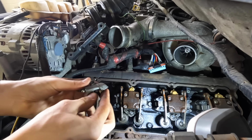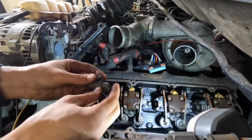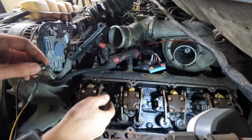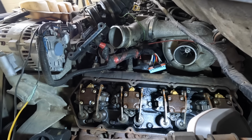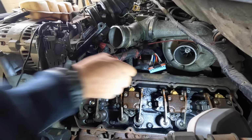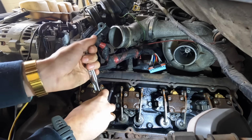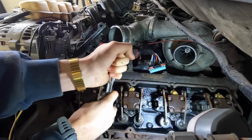So these are your little exhaust ports for the oil. Oil comes in through here and dumps out just to recirculate without splashing everywhere. Okay, last step are these two little drain plugs for the high pressure oil rail. Just gonna sneak these out of here and then we'll be taking the